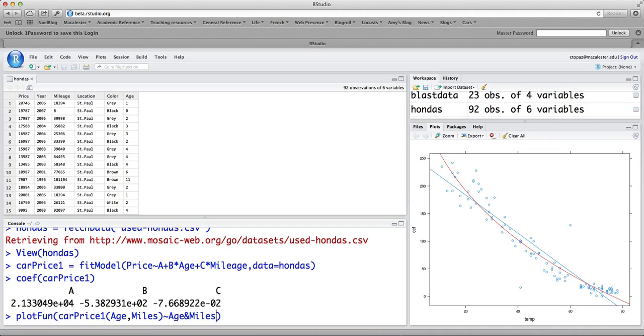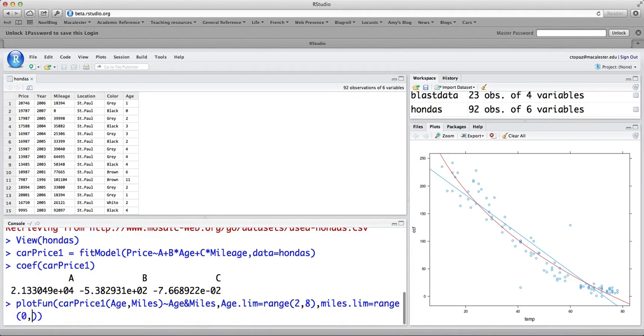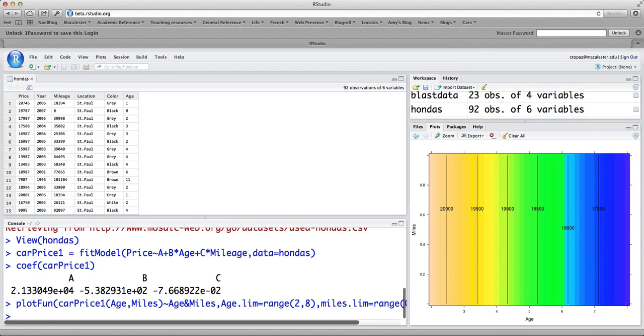And then we can tell it some ranges, and we'll do age.lim equals a range from 2 to 8, and the miles range, miles.lim, is a range from 0 to 60,000. Okay, and